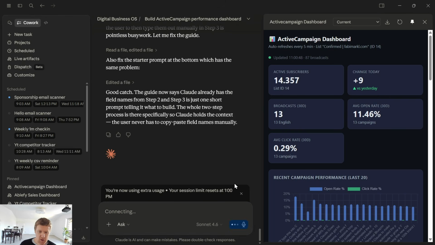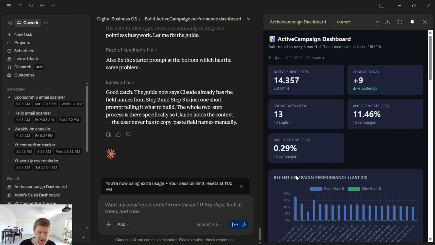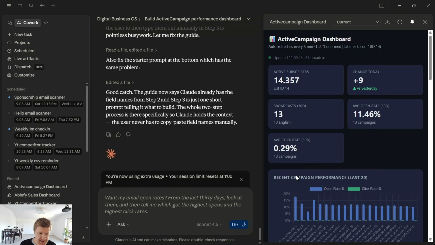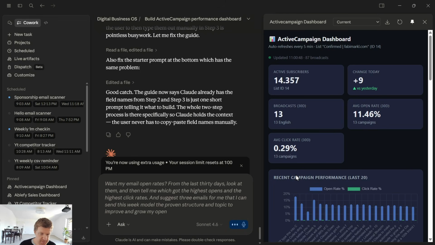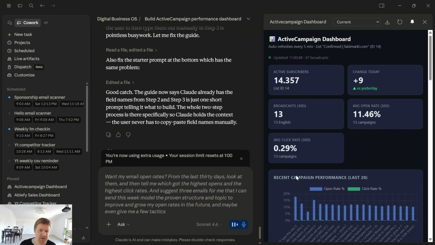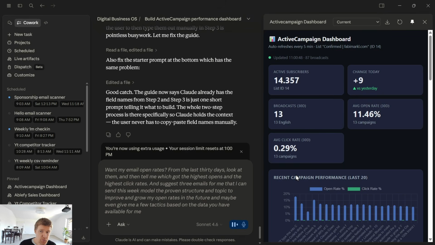I can say, look at my email open rates from the last 30 days, and then tell me which got the highest opens and the highest click rates, and suggest 3 emails for me that I can send this week that model the proven structure and topic to improve and grow my open rates in the future, and maybe even give me a few tactics based on the data you have available for me to improve my email open rate